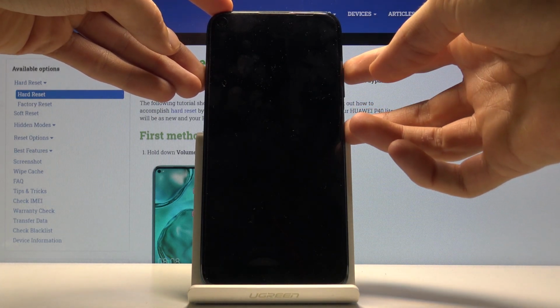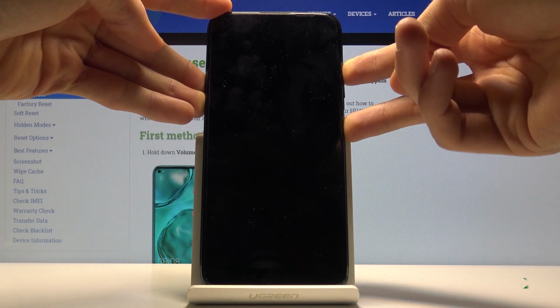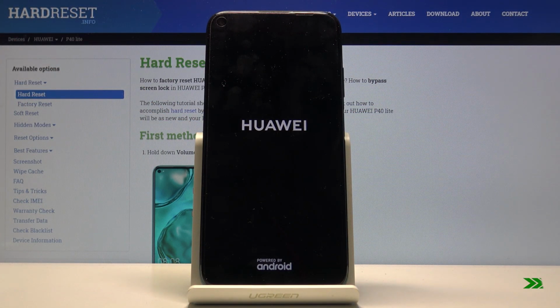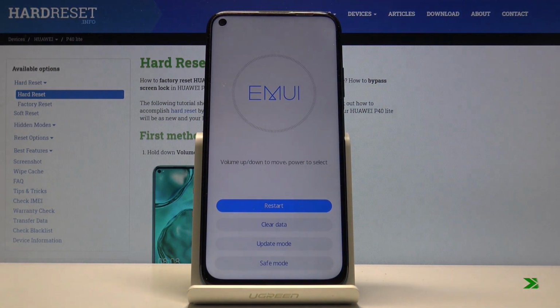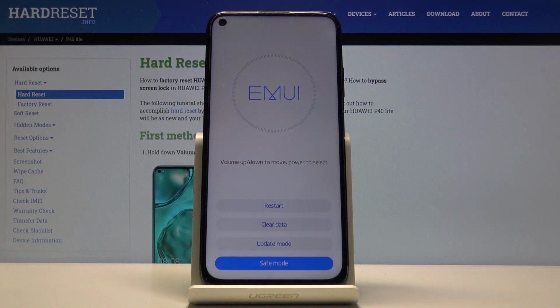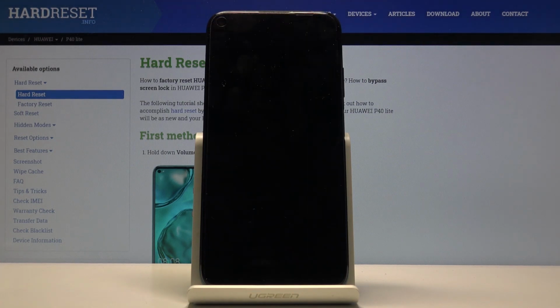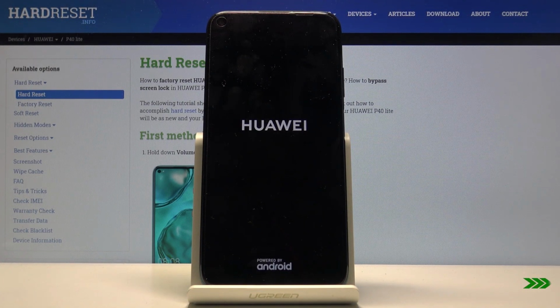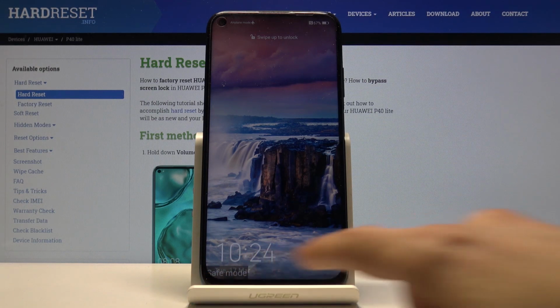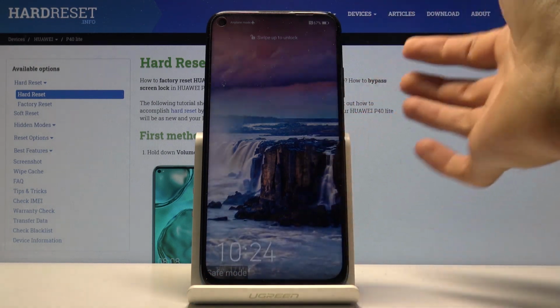So once more, power, volume up. And you can see that we're now in recovery mode, and the last option is safe mode. So simply tap on that and the device will automatically boot into safe mode. And you can see right now you have safe mode at the bottom and the device is now in the